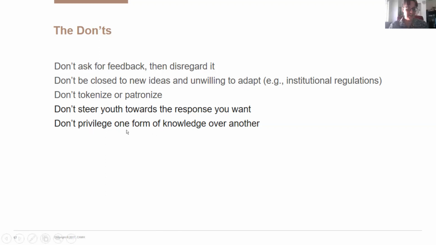I just want to emphasize that last point. It's really easy to think that the researchers around the table with PhDs have a knowledge that might be more important, but it is not. We're on the same page, we're at the same table, and everybody's knowledge is equally important to working together to make this happen. And it's important to really acknowledge that and respect that in order to work with young people. I think if you have that one main piece of knowledge, of attitude going into this, a whole lot of the rest will work itself out.